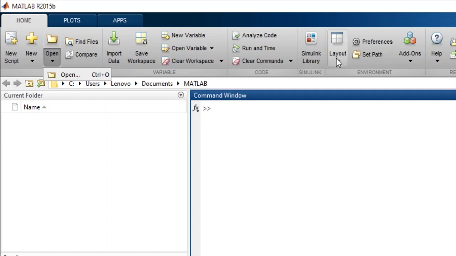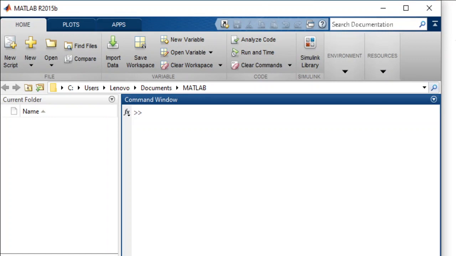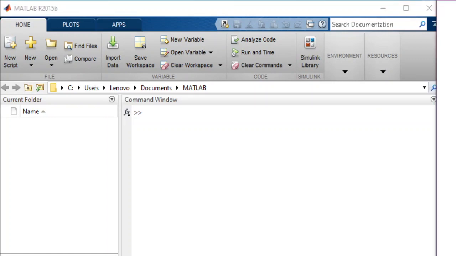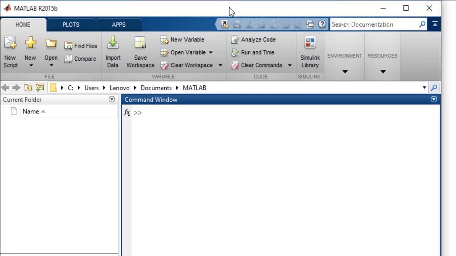So this is about the MATLAB window. In this presentation I'm going to cover this introduction: how to set the working directory, which I already explained, a few functions, arithmetic operators, and MATLAB as a calculator. How to use MATLAB as a calculator, these things I'm going to present in this lecture. So to start with,